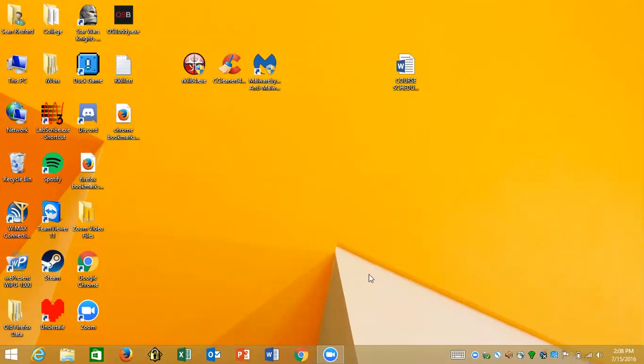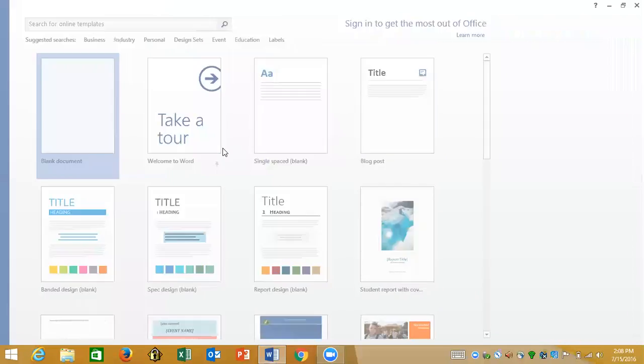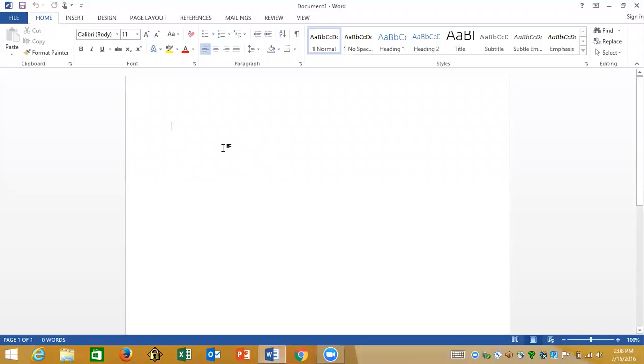The first thing you're going to want to do is open up Microsoft Word and create a new document. So I'm going to click blank document there. And you really just want to add any notes to remind you of what you wanted to make for yourself. So set it as like, this document